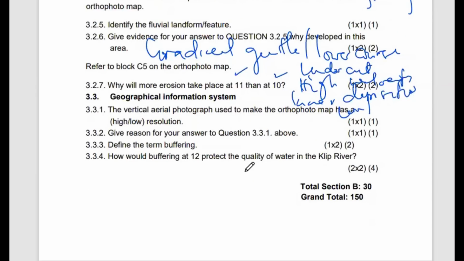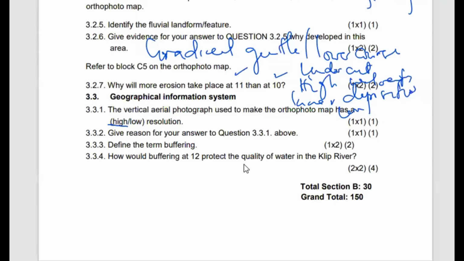Right, then we go to GIS. The vertical aerial photograph used to make orthophoto maps. Yes. Is it a high or low resolution? Right, definitely orthophoto maps are made from high resolution images. They are more clearer. We can actually see the features. We can actually see all the geographical features on the orthophoto map because they were made from aerial photographs of